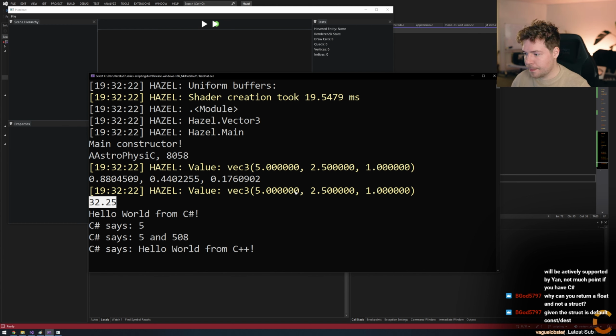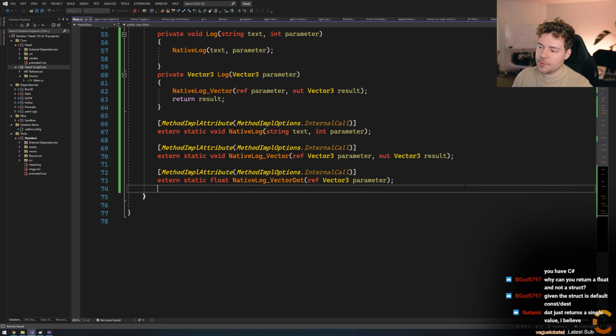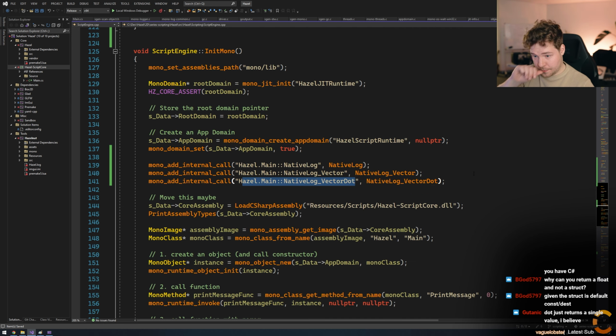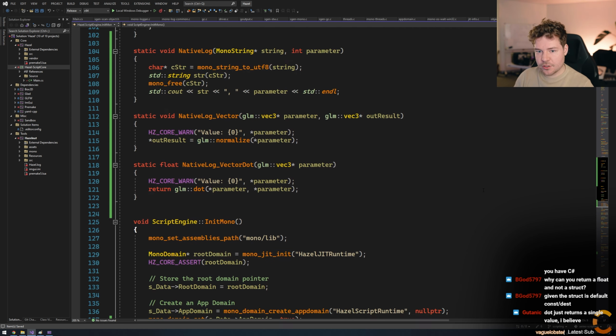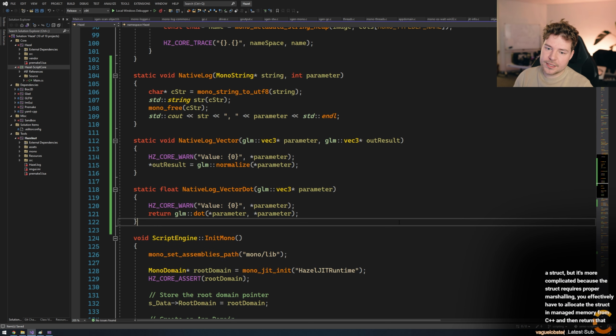All right. Why can you return a float and not a struct? To be honest, I'm not sure. Maybe it's fine to return a struct since it is a value-based thing. I'm not 100% sure though, because it is a type that does need to be created. You can return a struct, but it's more complicated because the struct requires proper marshalling.